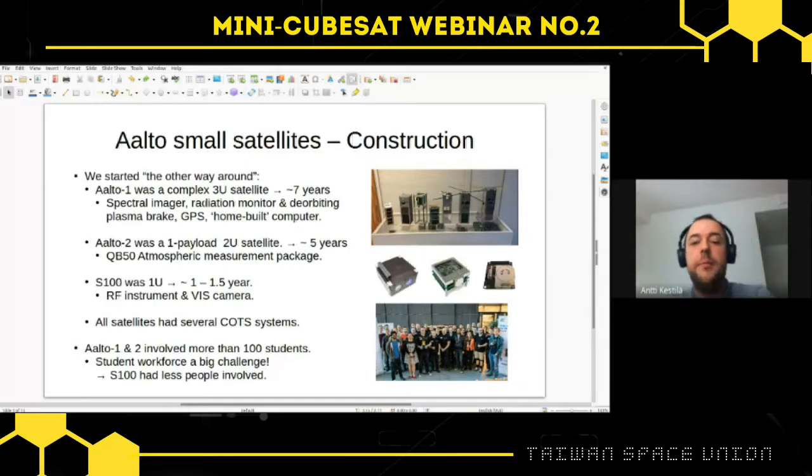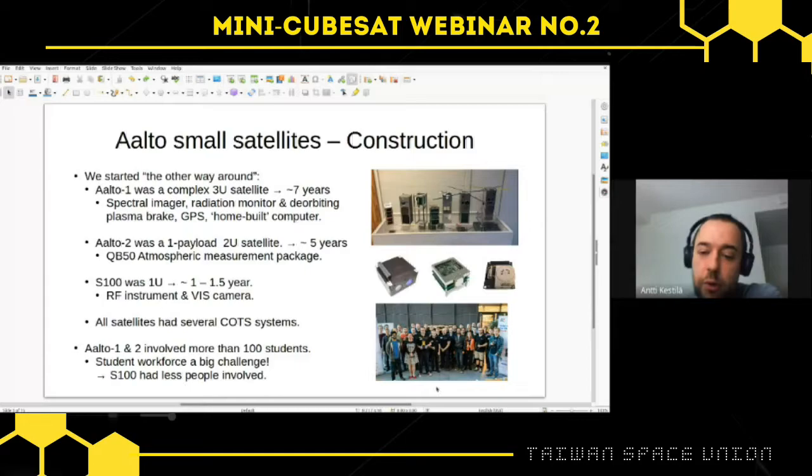Then my other main lessons learned point was something that I think Esa already touched upon a bit in his concluding slide: that the student workforce is also a plus and a minus in a way. Of course, the idea here is to teach people, so we have to involve students. That is quite necessary and a primary goal of these projects. But altogether,